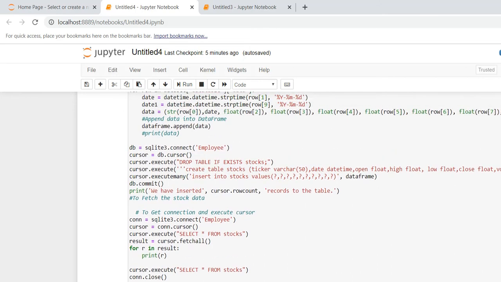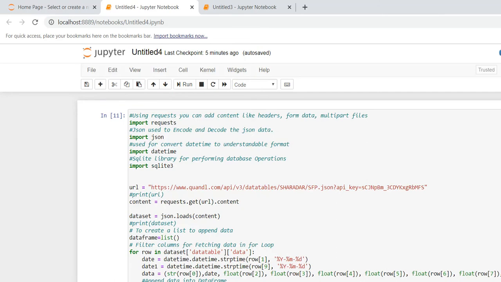In the previous video I showed you how to extract data from a Web API. Once we extract the data from the Web API, here I am using SQLite 3 to update the JSON data into a database table.